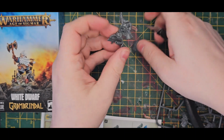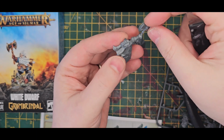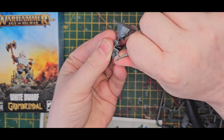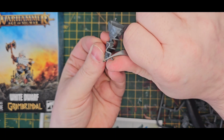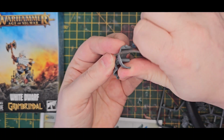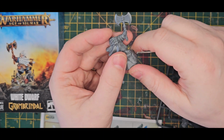I love the fact that even though he's now an Age of Sigmar model, they just haven't made him look Age of Sigmar. He looks exactly like he should be, which is an ancestor from the old world. There's a little book about it as well. I really would love to read that book,